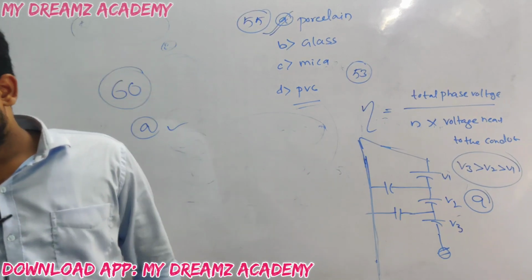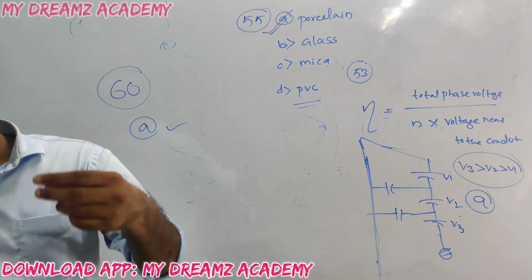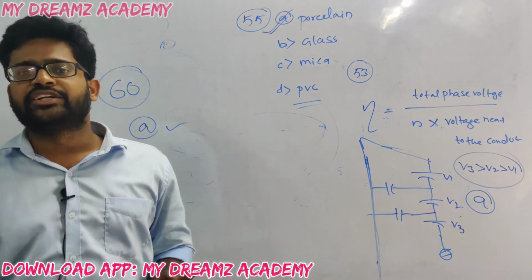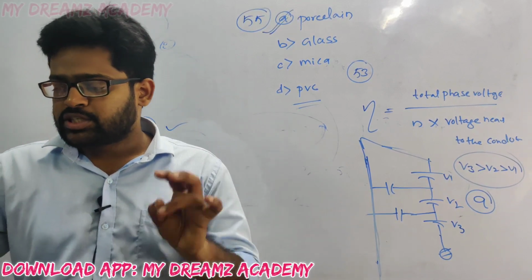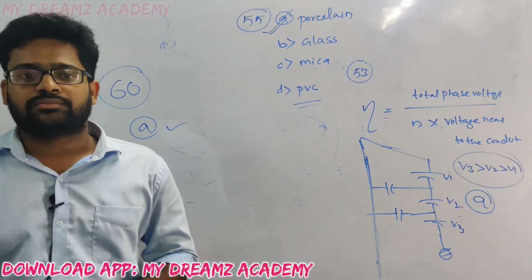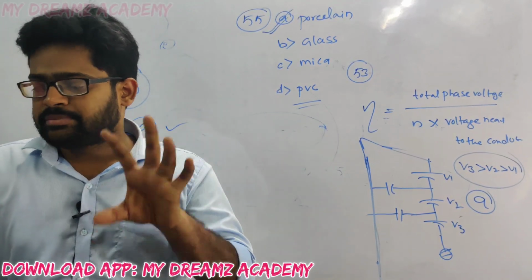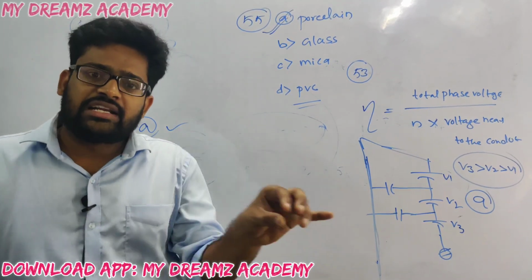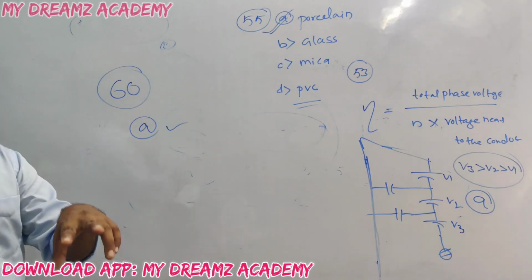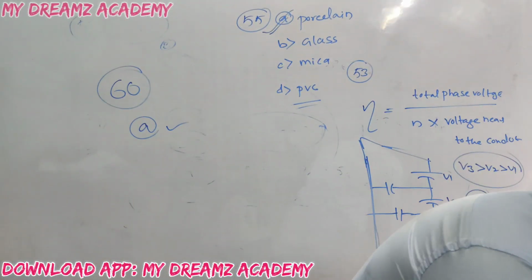Option B, voltage drop in the feeder is less. Actually, voltage drop in the feeder is less, that is correct, but the power factor is high is in no way related to the ring main distribution system. Next, the third option: power factor is high and the supply is more reliable. Supply is more reliable but for the power factor, we cannot say. Power factor is high and the system is less expensive. It is in no way related to economics and also power factor is high. Power factor is high is the wrong concept.